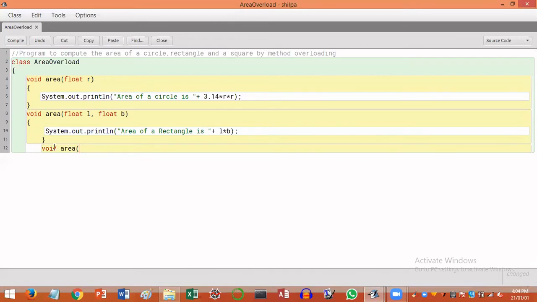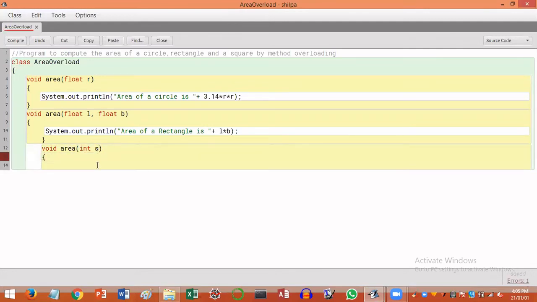So to compute the area of a square, we need only one parameter. Here I'm considering the side value of a square as an integer type. Hence, I'll declare it as int s. Let it be meaningful, the length of the side of a square.